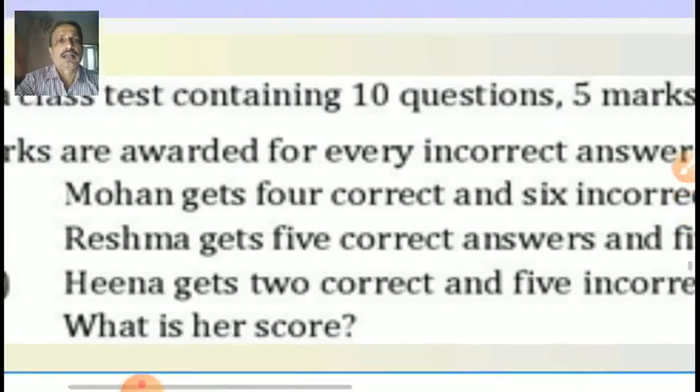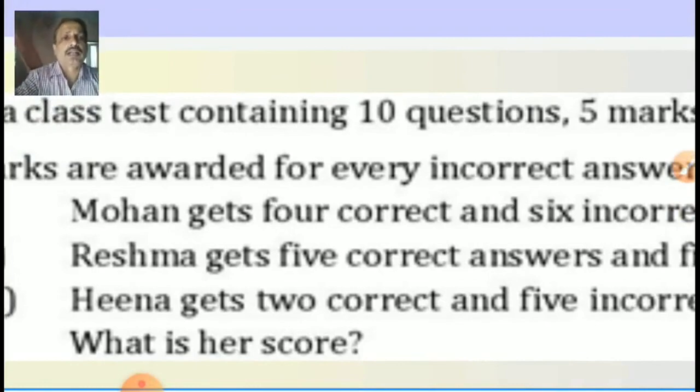Student, here one test containing 10 questions and 3 students' marks are given. They attempted different questions and out of that they had correct answers and incorrect answers. Correct answers give us 5 marks and incorrect answers give minus 2 marks. And not attempted means 0. Don't include it in our integers calculation.